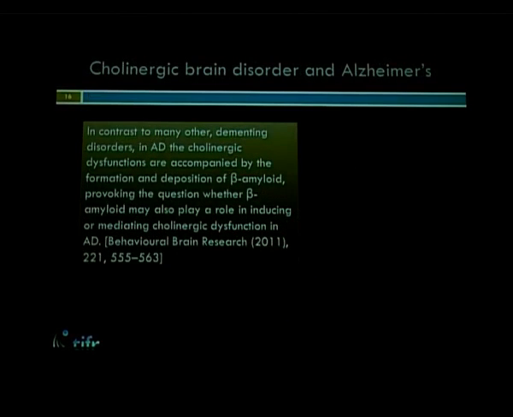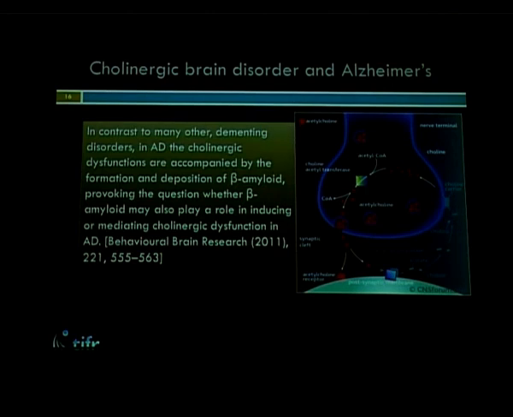So today I'll focus mostly on one particular inherited disorder which attracted a lot of imagination and interest, and that is Alzheimer's disease. I'm not going to tell you anything about Alzheimer's disease today. What I'm going to tell you is this cholinergic hypothesis about Alzheimer's disease, where it is predicted that the defect in acetylcholine cholinergic synaptic activity could lead to the beta amyloid plaque formation, and that in turn can affect the reduction in the cholinergic activity of the brain.